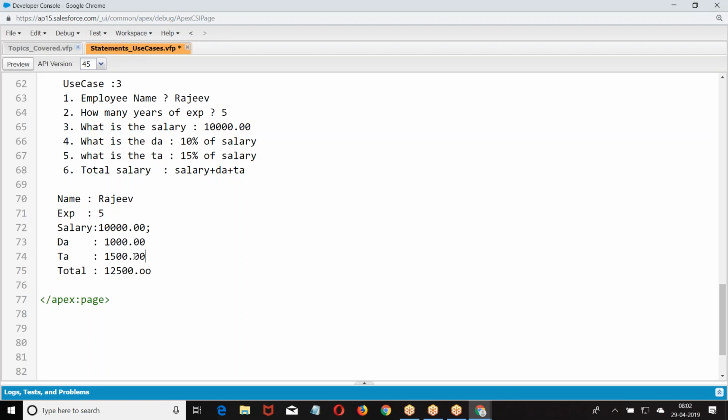Now write the program for this and generate the output in this format. Create a program and generate the output in this format.